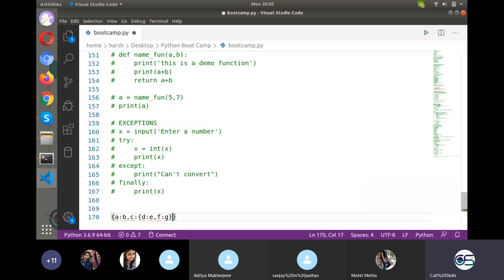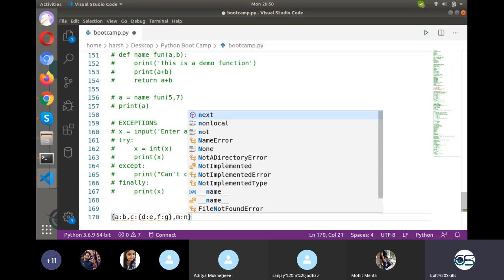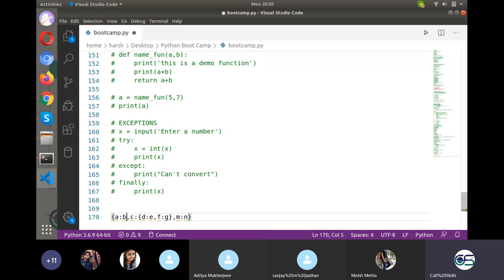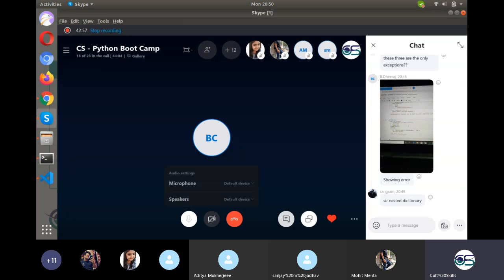Then G, sorry, M. So this dictionary has three components. One component is A colon B, another component is M colon N, another component is this whole thing, which is itself a dictionary. So this whole thing is known as a nested dictionary. A value can be a dictionary, but a key can never be a dictionary.